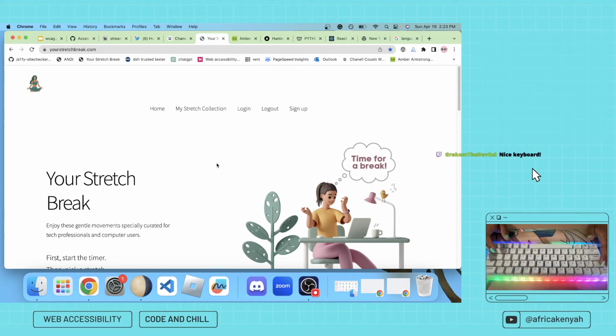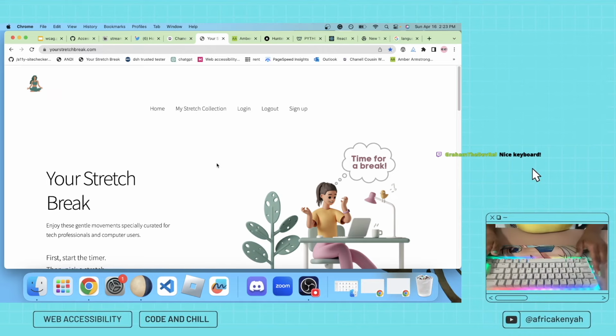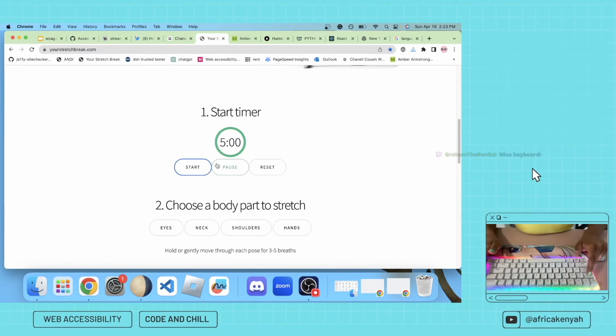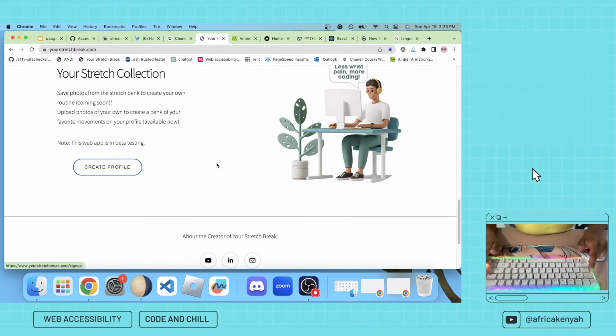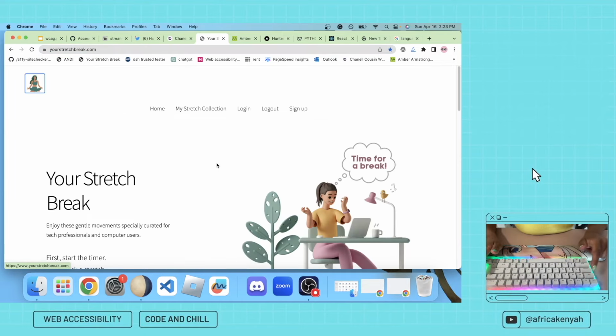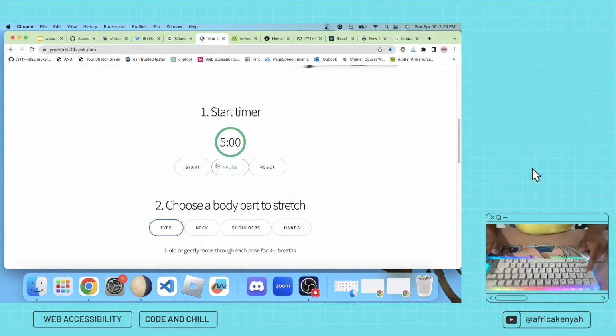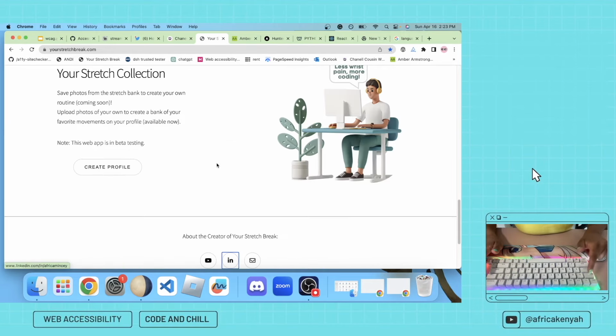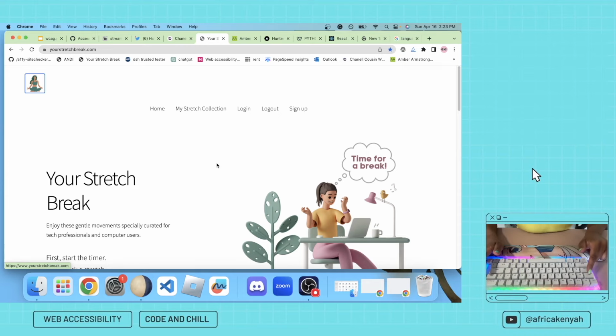So the first thing that I usually do is I tab. So as you can see, here goes my finger. Here goes the tab button. And I'm just tabbing to make sure that I can use everything, right? So looks like, okay, cool. I can tab everything that needs to be tabbed. Wonderful. But let's see what happens